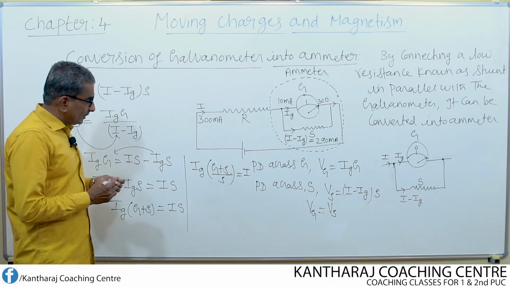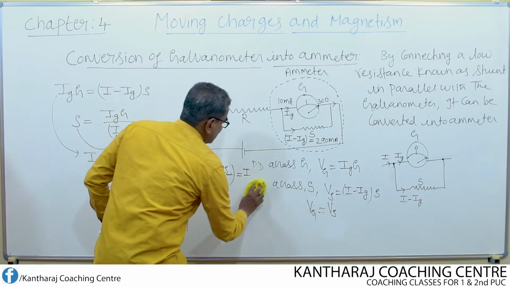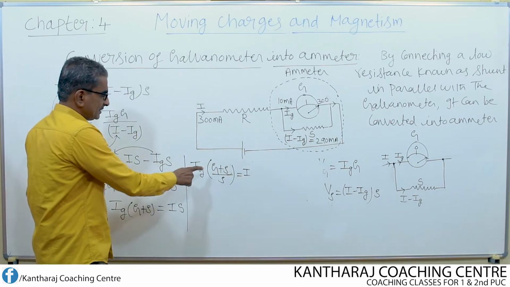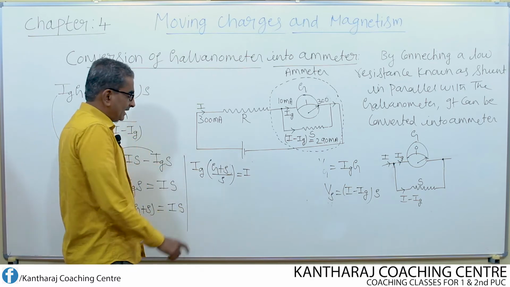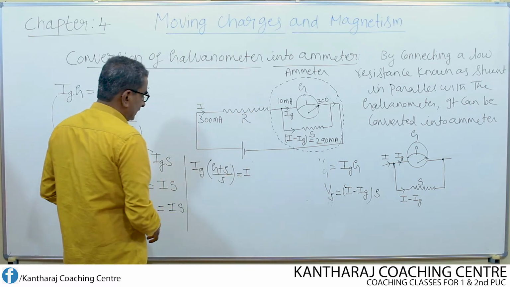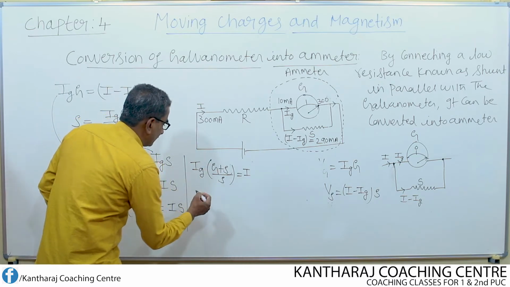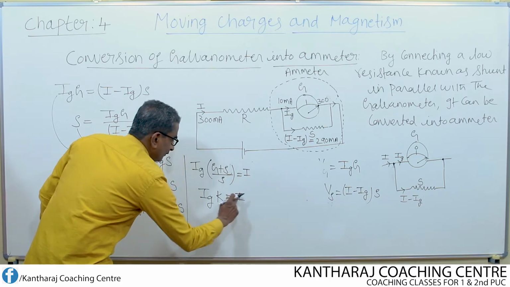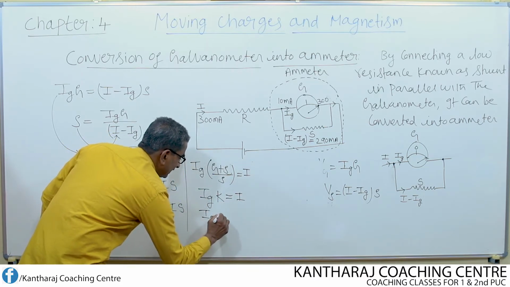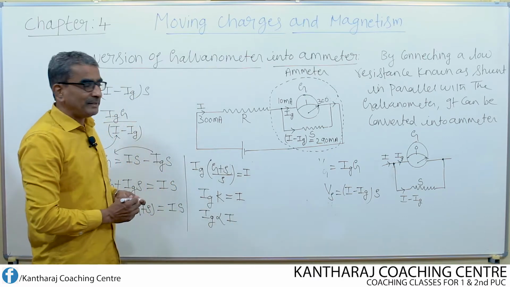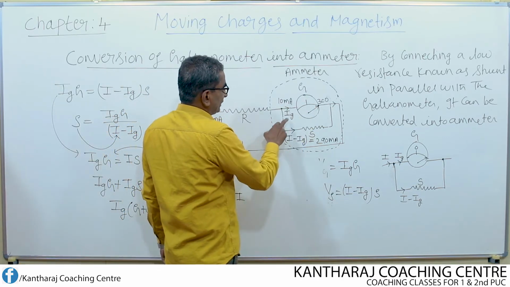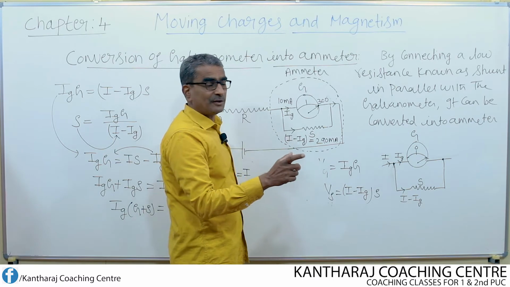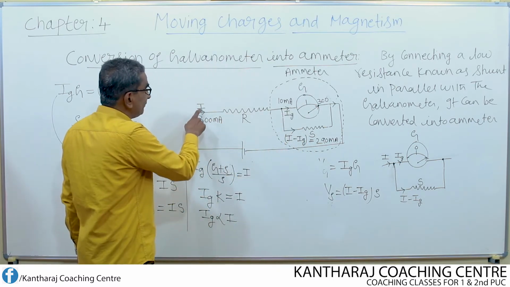Okay. So here all these are constants. G is constant, S is constant, and Ig for a given galvanometer is also constant. So since all these are constant, what can I write? Ig into some constant K equals I. So finally, I can write this as Ig proportional to I. What does it mean? If full scale deflection is produced for a current Ig, then that full scale deflection current itself is found to be proportional to the main current.